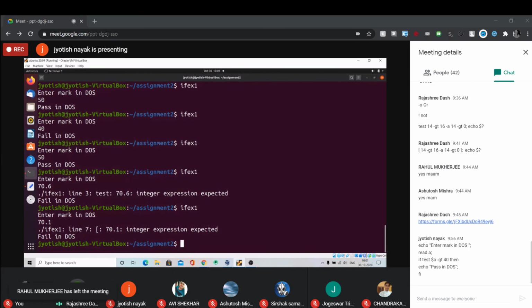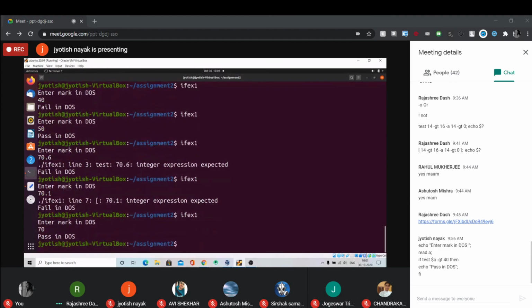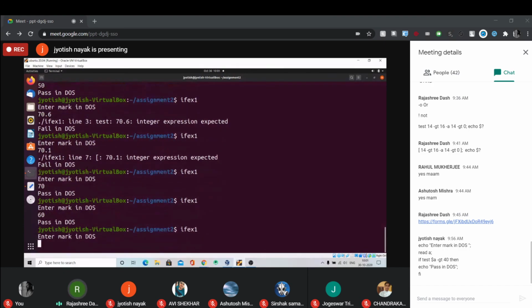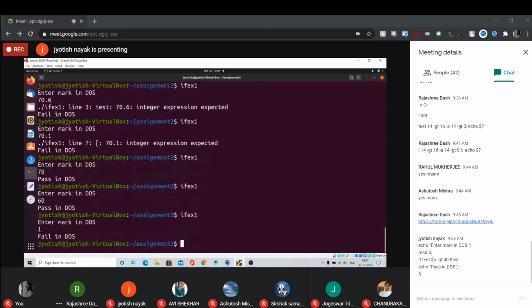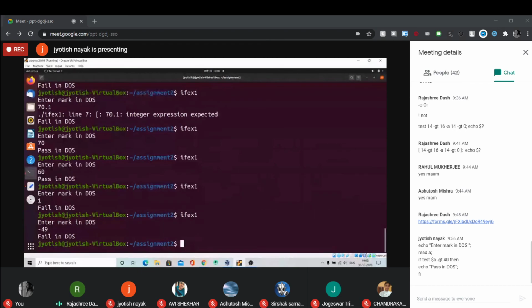Once again run the program and provide some integer number. Okay. Now clear the screen.